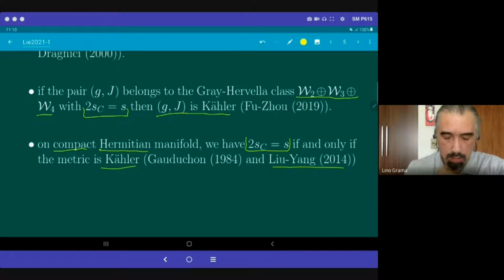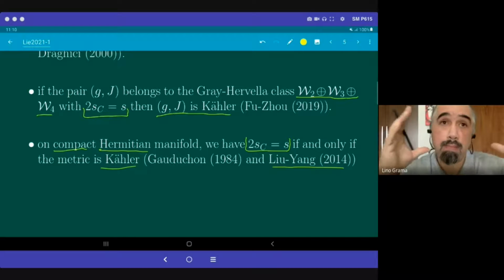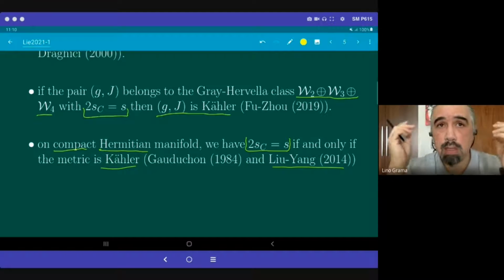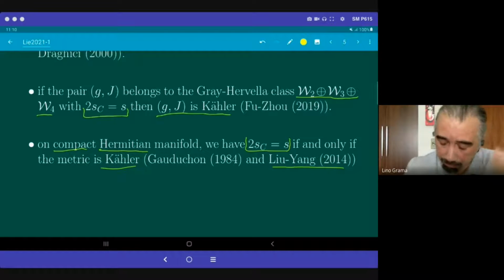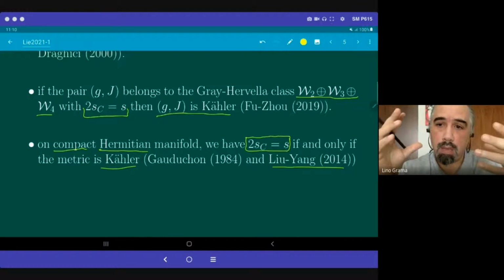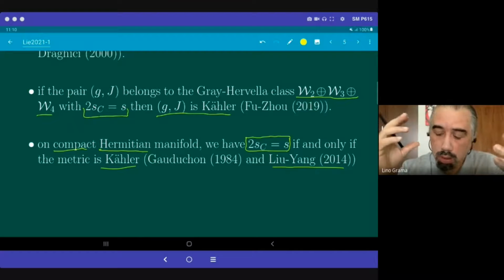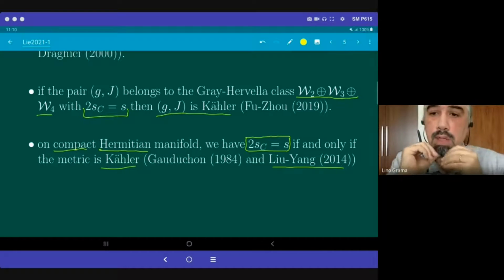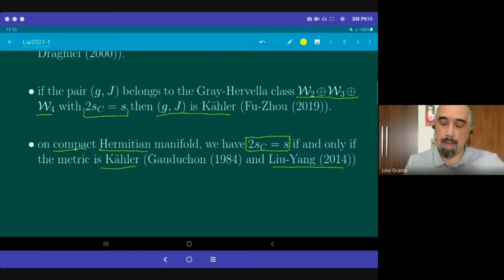Okay, and this way you can think maybe this is a process to find Kähler metrics, because to solve this for a general setup, this is an equation involving curvatures, and this will lead naturally to differential equations on the manifold. Okay, and the natural question here is,